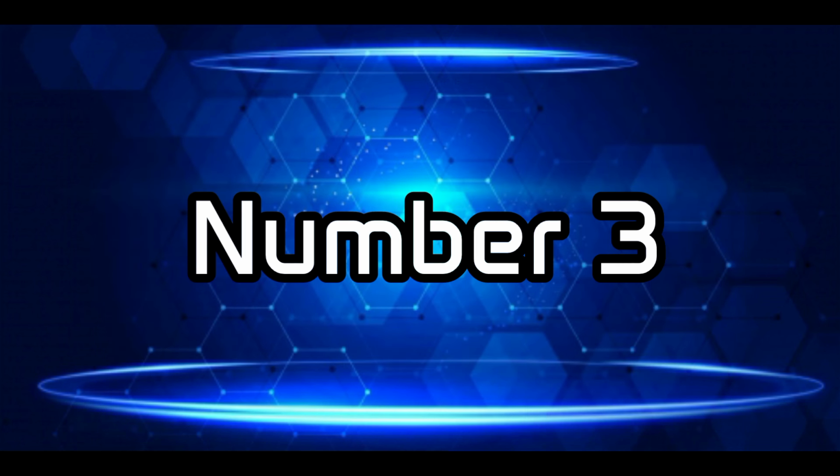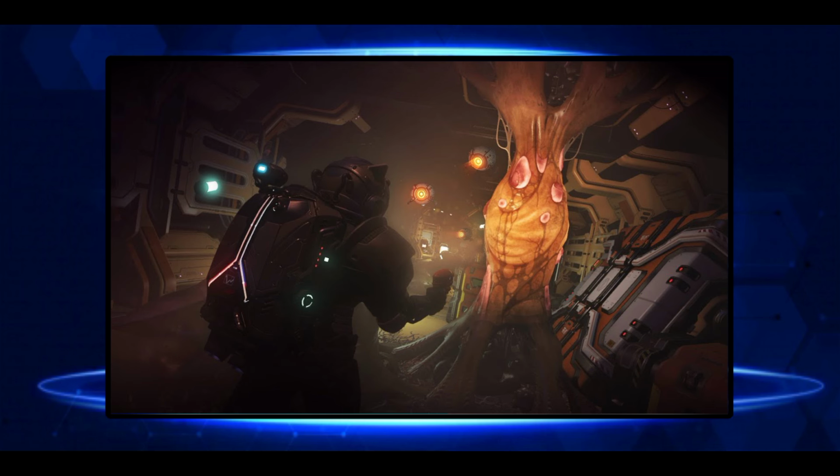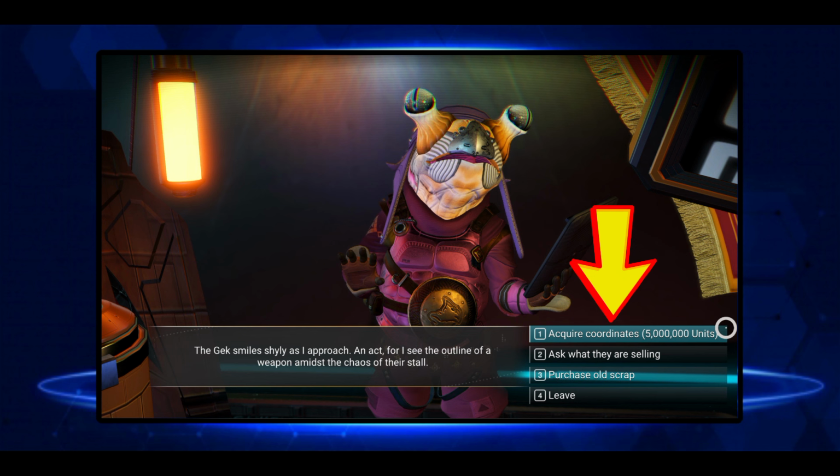And number three. This is called Tainted Metal. Tainted Metal can be found on derelict freighters. How do you find tainted metal on derelict freighters, you may ask. If you've never been to a derelict freighter before, all you need to do is go to the scrap dealer and buy yourself some coordinates. Can you see the arrow pointing at the coordinates? Buy yourself some coordinates, pulse your ship into space and do the